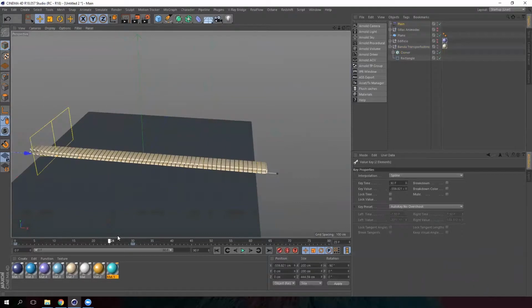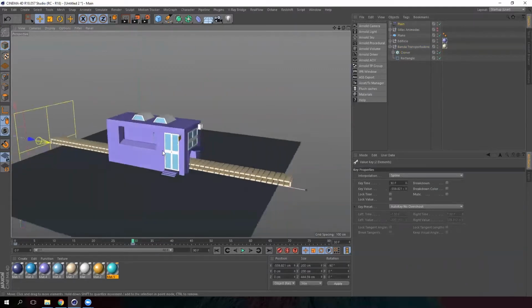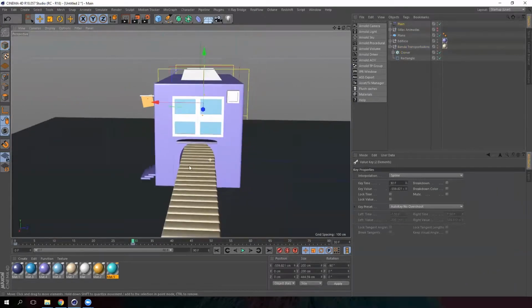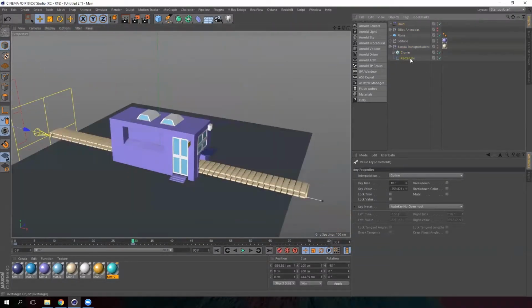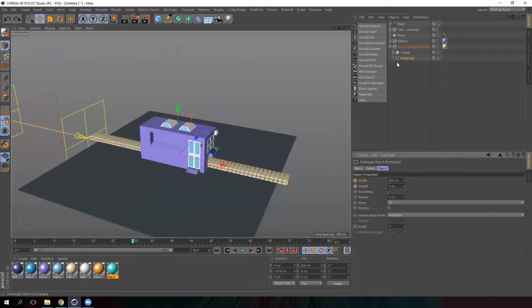But we are going to add something else to it. So let me turn on the building again. I want the conveyor belt to appear from the inside of the building and extend itself to both sides. Let me show you. It appears from the inside and extends. See? So go to the rectangular spline